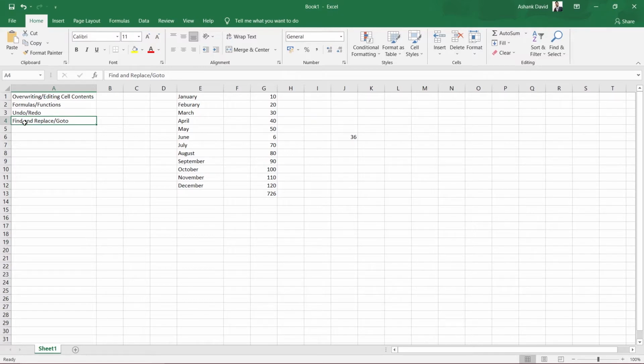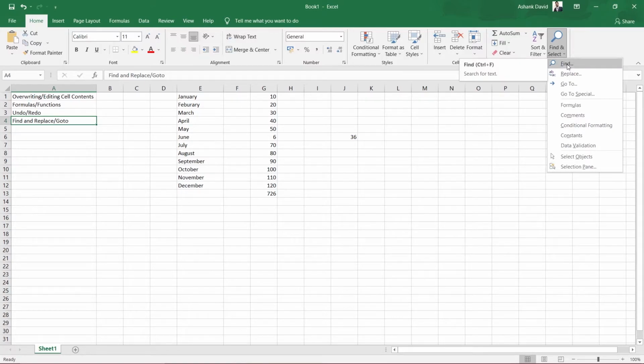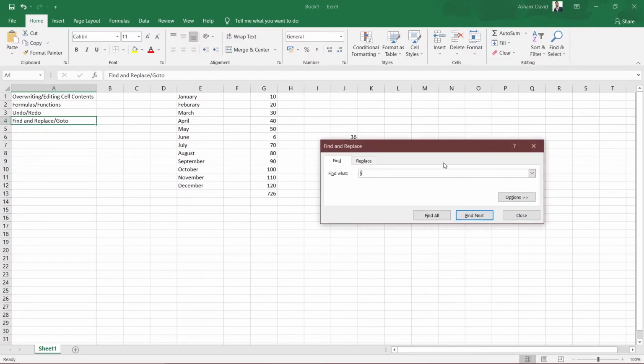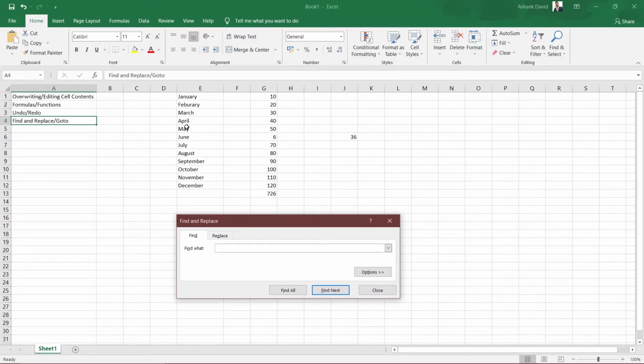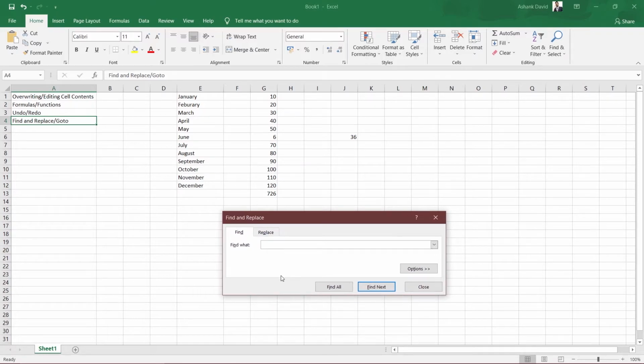To find, you have to go to your Home tab, in your Editing group right here, and you will see this option, Find and Select. If you click onto that once, it will give you a drop down menu. Here you can just click onto Find. If you click on Find, this dialog box will open right here. So let's say we want to find some letter. Maybe let's find A. So if I write A here,